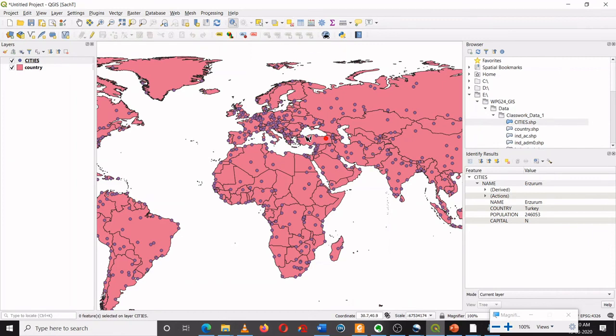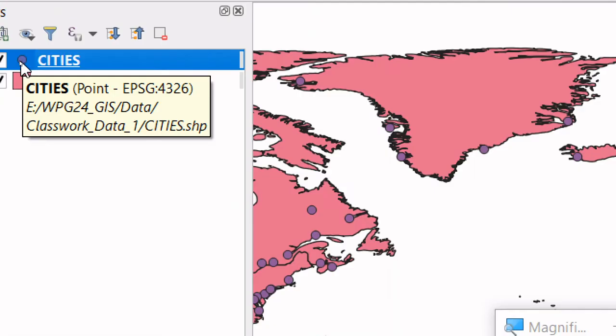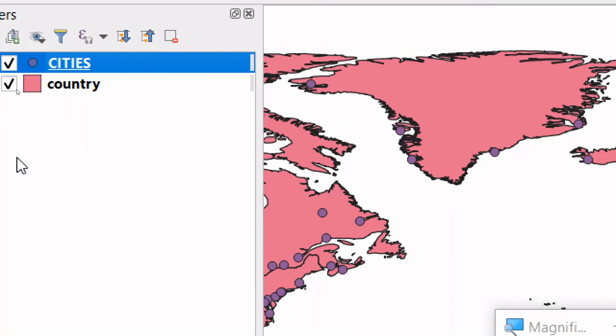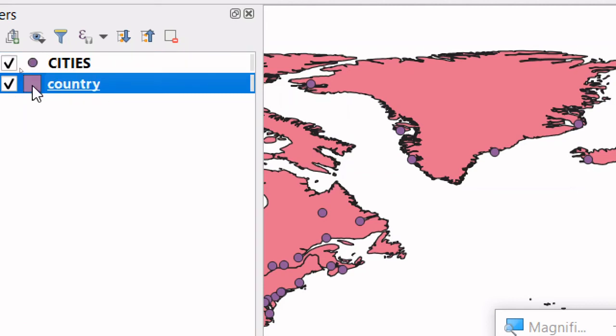Now you must have seen there's also a change over here. The city layer is shown with the circle, and the country layer is shown with this rectangle. There is a particular reason for that.